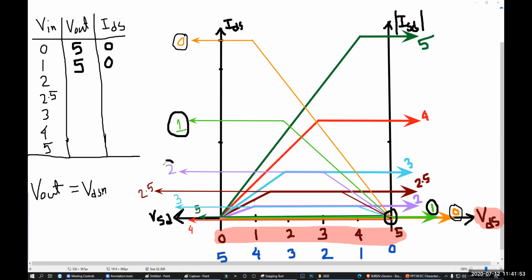2 is this purple line. One purple line is going like this, another purple line is going like that. Where do these two purple lines intersect? 4.5 maybe. Maybe here, right? Can you see that? So we can call it 4.5. What is the current here? It can be 10. 15. Because this line was 15, right?